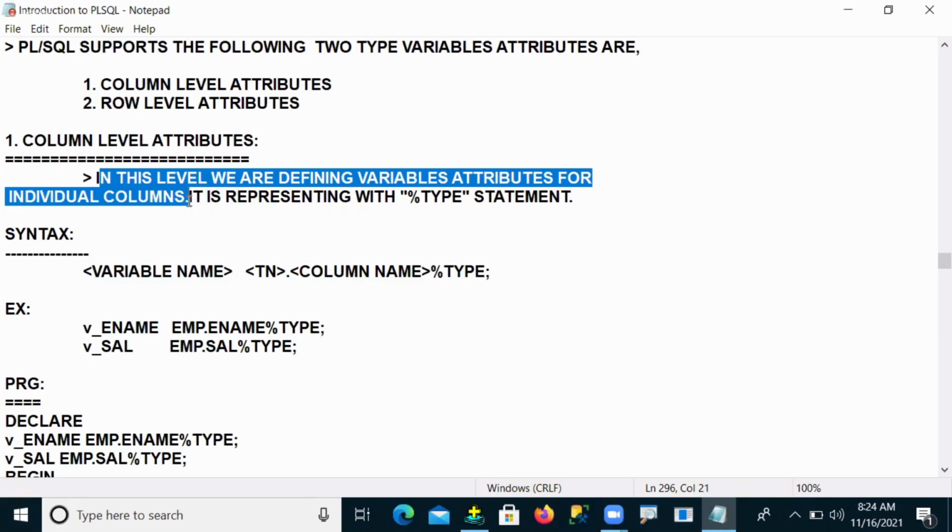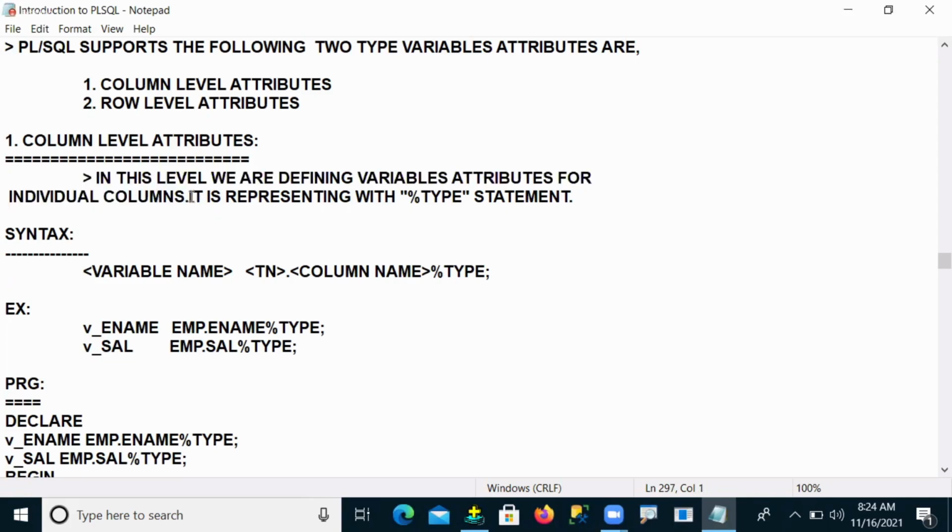Every individual column declaration is represented by variable. Whenever you want to represent a column level attribute, you must use the prefixed statement called percentile type.